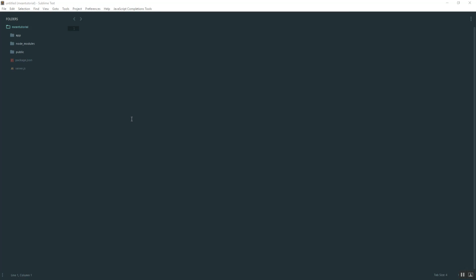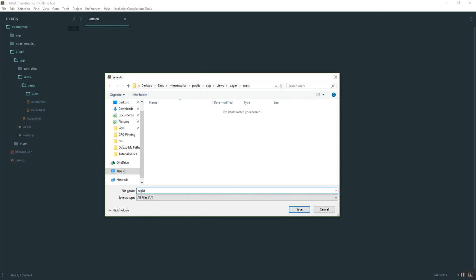So next, let's go ahead and implement a registration page. Go into public, and as we recall, this is the front end side of things. Go into apps, inside of views, and then inside of pages, create another folder called users. This is where we're going to save all the pages that have to do with the user, such as login, register, profile, etc. So inside of users, create a new page called register